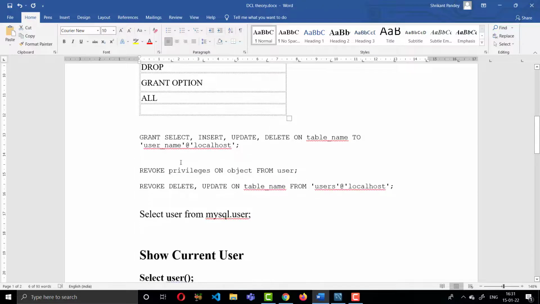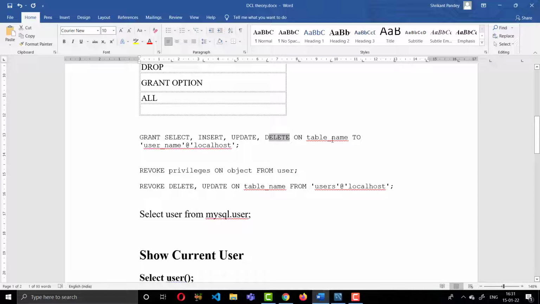Let's see how to use GRANT and REVOKE on a table for a particular user. Here I have written some syntax for the GRANT command. GRANT SELECT, INSERT, UPDATE, DELETE: we are giving the privileges here. You can give any number of privileges or permissions per particular table and per particular user.